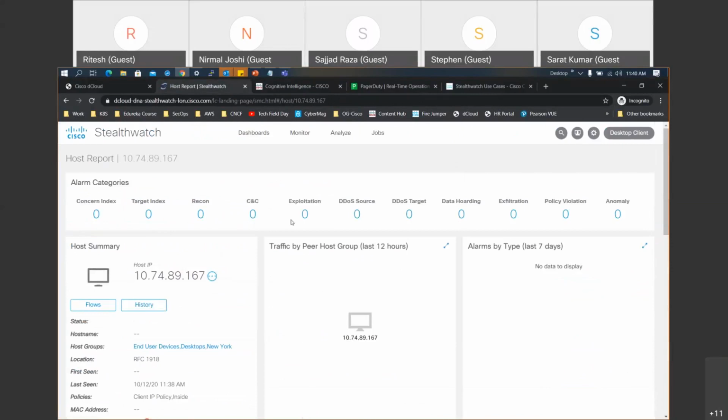Now, when we have done this integration, leveraging StealthWatch, we have also done segmentation in our environment. We have done ISE-based security group tags-based segmentation. We have created firewall rules to block communication from one zone to the other, or from confidential servers to the external world outside, the internet. So how do we know whether our rules or segmentation is working effectively or not? Because security today is based on a lot of assumptions. There has to be a way to track whether all those rules are working in real life or not. How do we do that?